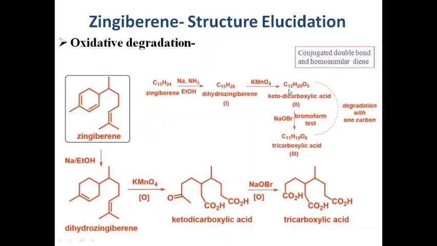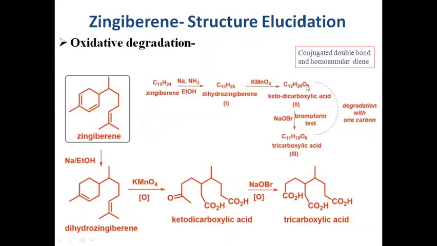As you can see here, there is a difference of 3 carbon atoms. This means that a molecule of acetone is given out in this reaction, resulting in a keto carboxylic acid with 3 carbon atoms less. This compound is isolated and its molecular formula is determined, and general functional group analysis revealed that it contains a keto group and a dicarboxylic acid group.